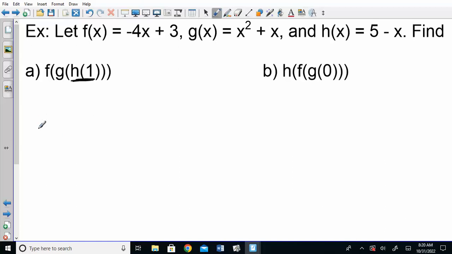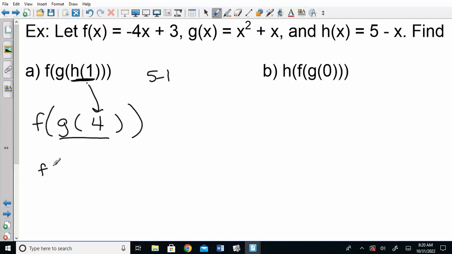Start on the inside. So I have to first figure out what h of 1 is. 4. So if I put a 1 into h, 5 minus 1 is 4. So that h of 1 turned into a 4. Now we're doing g of 4. So if you put a 4 into g, 4 squared is 16, plus 4 is 20. Then if I put a 20 into f,